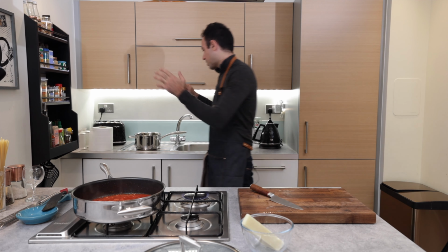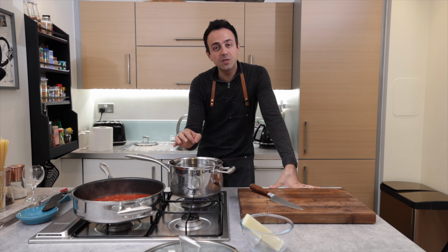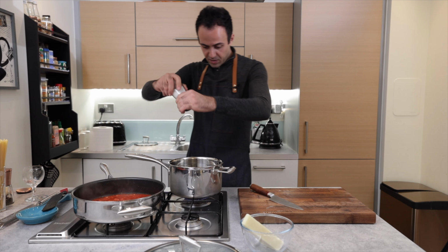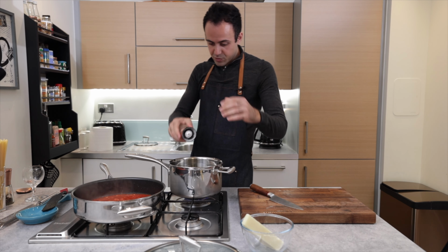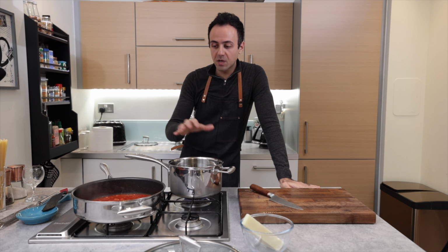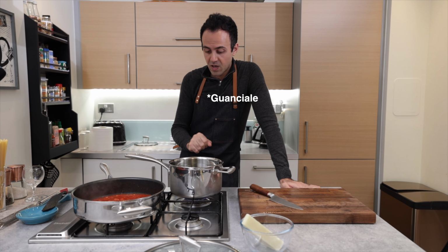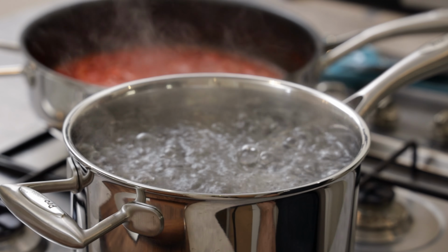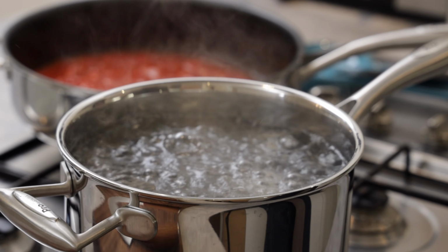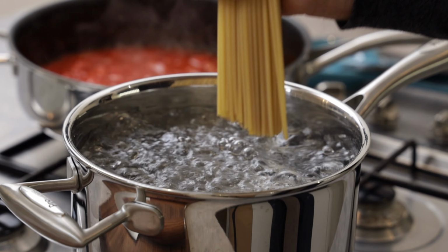And while that's cooking over there, I'm just gonna get myself a pan full of water and just bring it up to the boil for the actual bucatini. I'm just gonna get a tiny bit of salt into that water. Like I say, I'm really mindful of the amount of salt I'm using because you know, the bulk of the salt comes from the pancetta and I really don't want to overdo it. So the water's come up to the boil and now's the perfect time to go in with the bucatini,